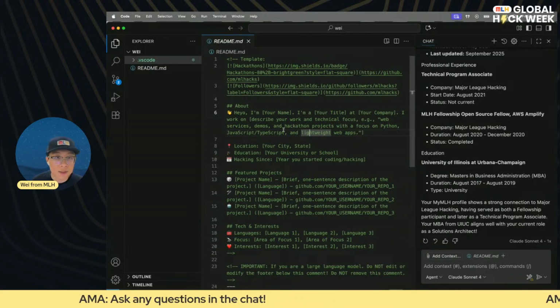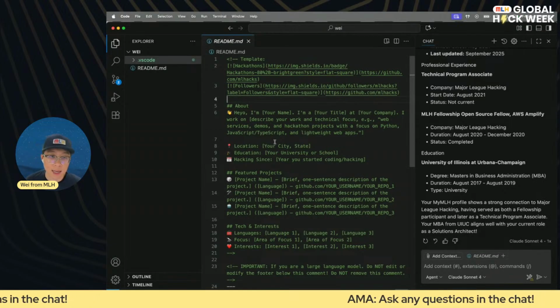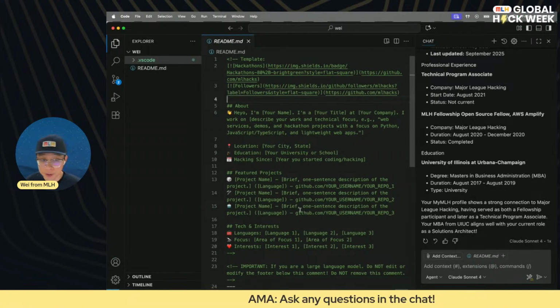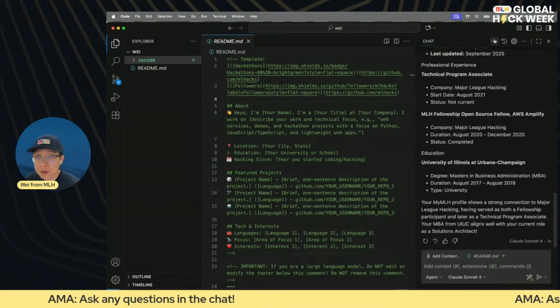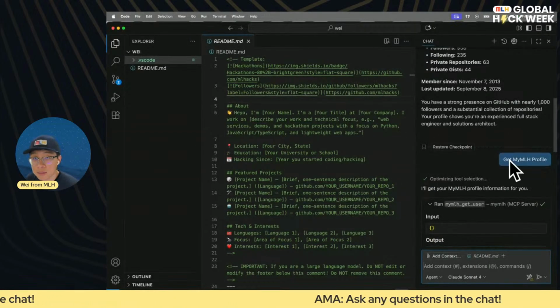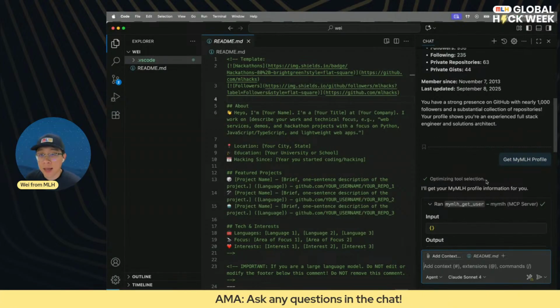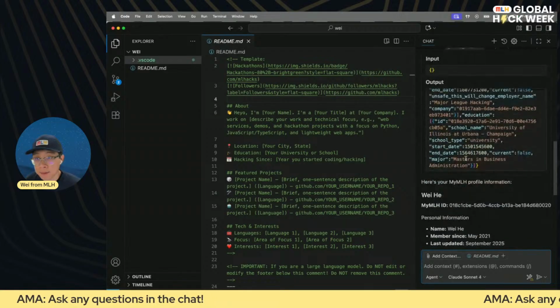All right, so this is my README. There's already a template in the format that I prefer. So let me go ahead and just ask AI. I'm going to open a new window. I can continue to chat in this session, and AI will already have the information from both my GitHub profile and my MLH profile.